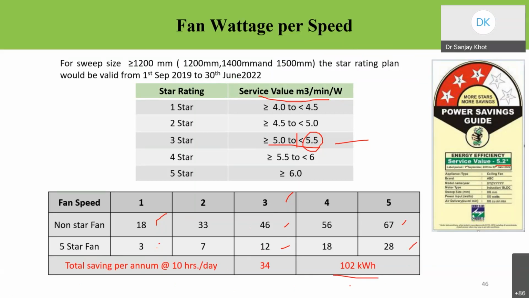This is calculated only for a single fan. But industries use hundreds or thousands of fans. If you multiply it by 1,000 fans, the saving is huge and the payback on the investment is very short. Similarly, with the help of a power analyzer, we measured the actual consumption for that particular fan. It consumes around